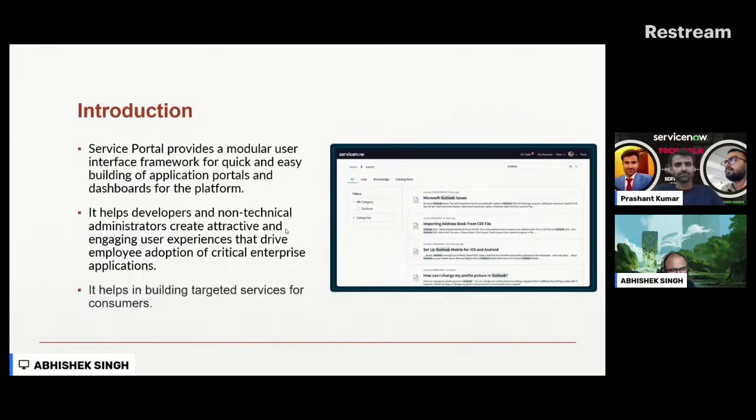But what ServiceNow has done is, instead of moving its base entirely away from AngularJS, they have decided to keep a copy of AngularJS in their own repository. They have promised to maintain it so far. So yes, your service portal is not going anywhere in the near future. But what ServiceNow has also done,